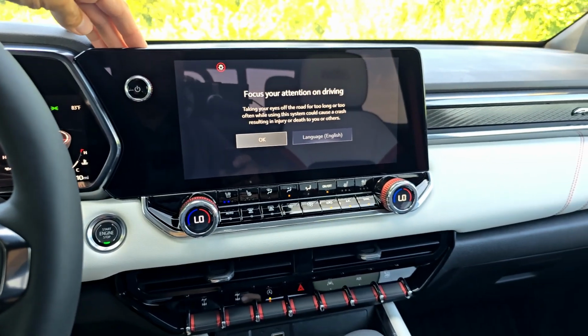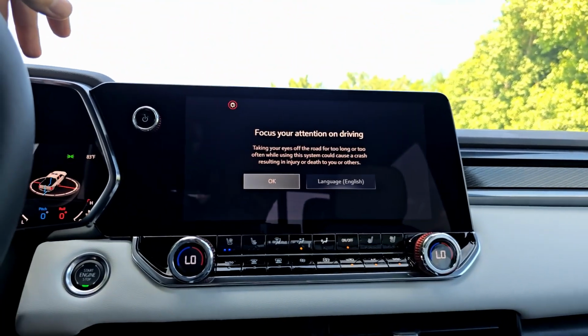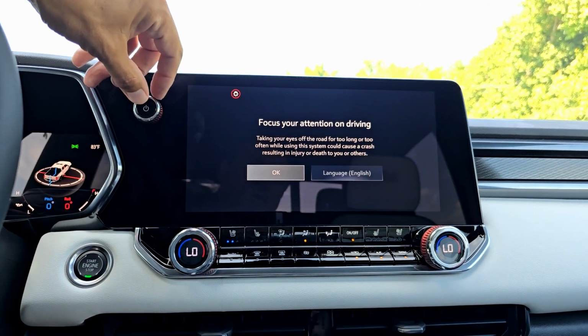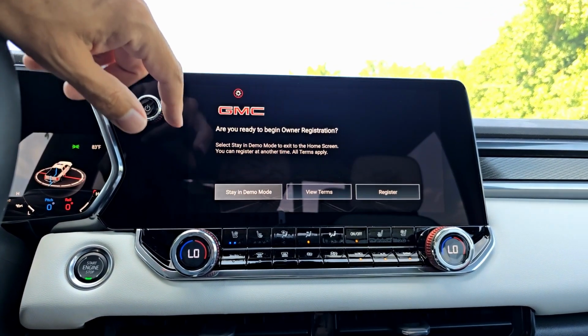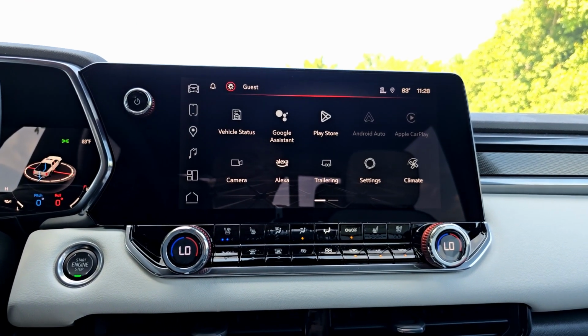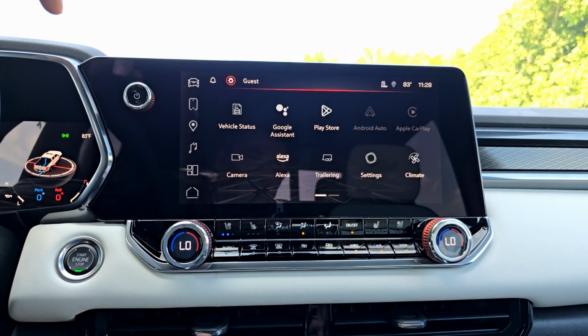Here it is. So here's your infotainment system. This is Google based. We've seen it on many of the new GM models. Big power volume knob. All right, focus your attention on driving. Get it? Okay. So of course this is the Google display,